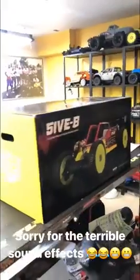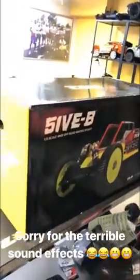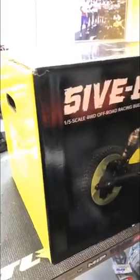She is finally on the bench, ready to get unboxed and start building. Really excited about this build right here. Customer requested this a couple months ago. We finally got everything that we need to start building it. Really excited because not only is it a fifth scale, not only is it TLR, it's also going to be